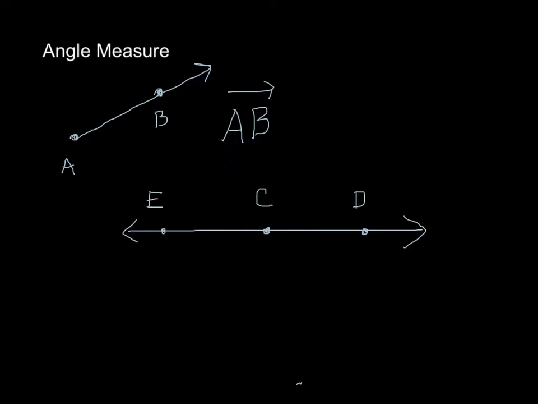Now let's say we're given a line. This would be the line EC or ED or DE, several ways to name it. I'll call it the line ED. On this line, since C is between E and D, we actually have several rays here, but I want to focus on two of them. One is the ray CE, and again, that is going to